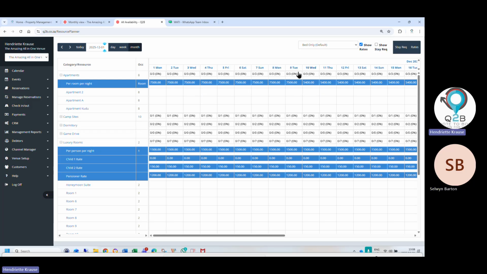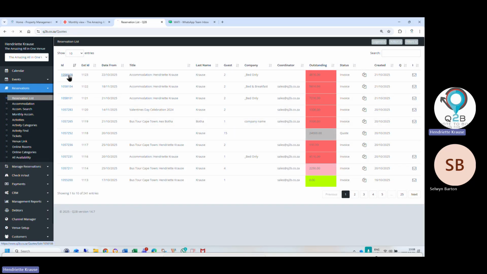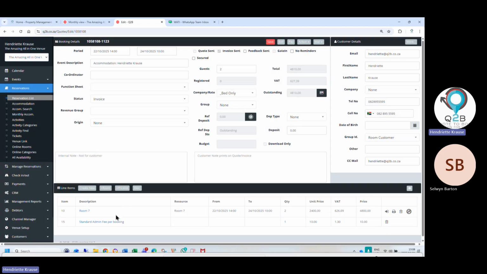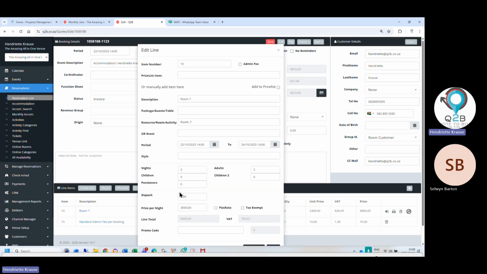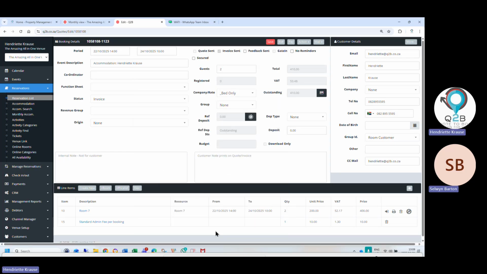So here you can see there you've got the 7.5 and then I regenerated a new rate at 5.4. Okay. So if you want to change it in a booking, a specific booking, you can also do that, or you can have a special staff or owner rate or something and then just select it and it will populate. But you can also change the rate in here and I charge them now 3,000 per night and I'm going to make it 2,500 and I'm going to say use the flat rate I'm giving you. Okay, and immediately it updates it.